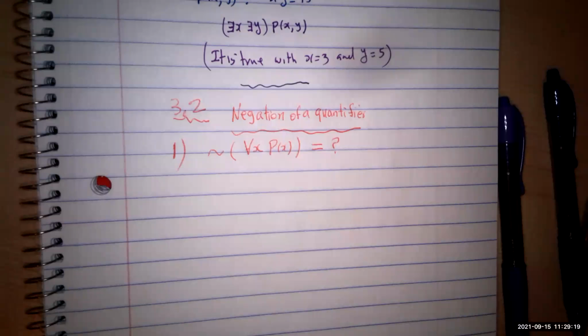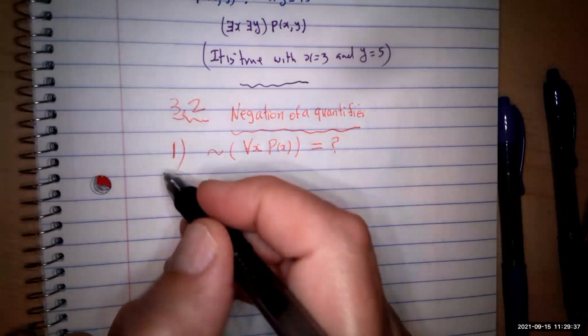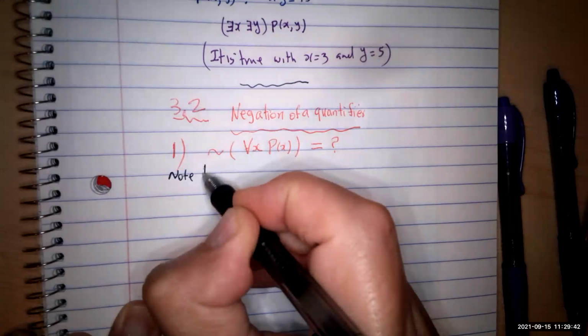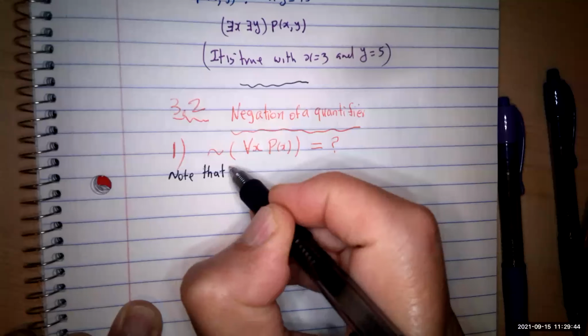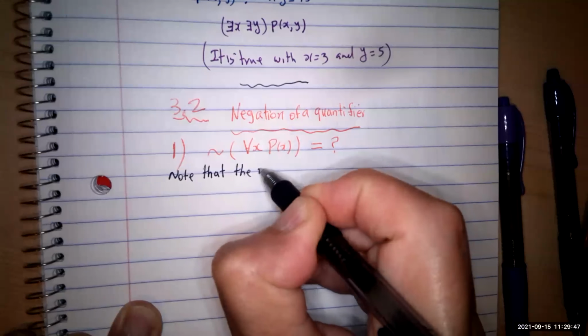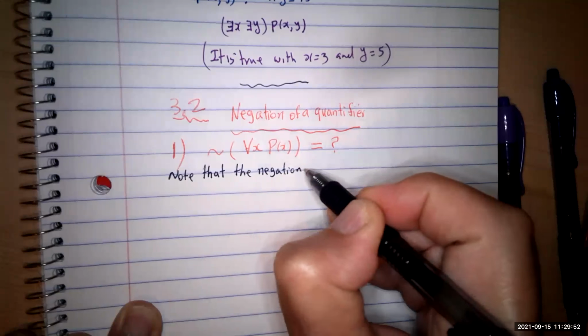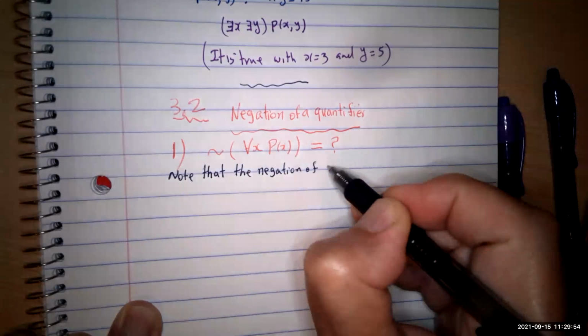So when we start with this, the negation would be what? This means it's not the case. It's not true that P(x) is true for all values of x. Let's write it down as I talk about it so that you can see it. Note that you just check to see what the meaning is. Note that the negation of this proposition,